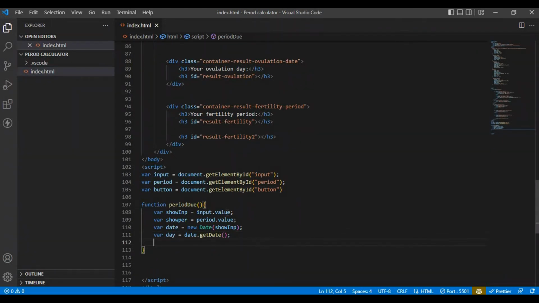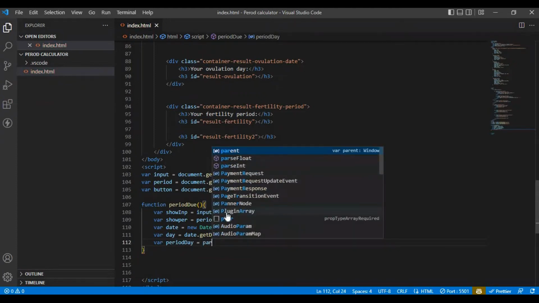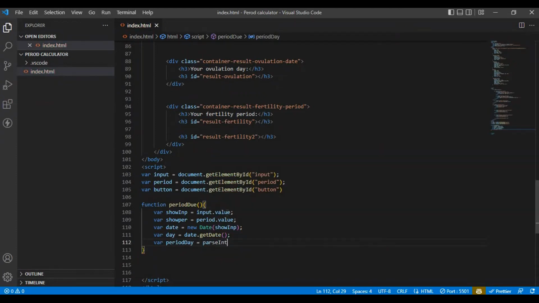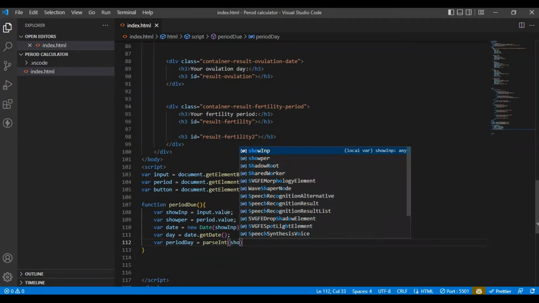The next thing we are going to do now, we are going to set another variable, periodDay, which will be equal to the parseInt method, and that parseInt method will be having an argument of show